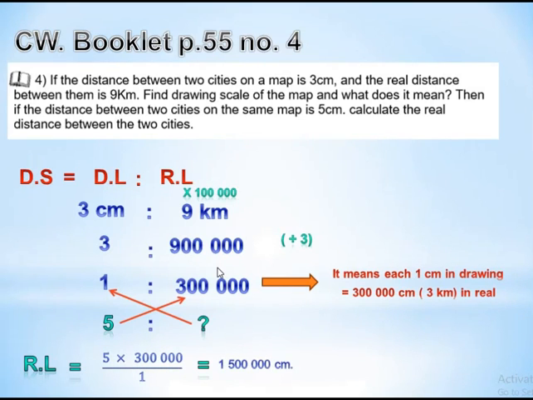We know that to calculate real length, we multiply 5 by 300,000 over 1. It will be 1,500,000 centimeters. So if I want to calculate it in kilometers, divide it by 100,000. It will be